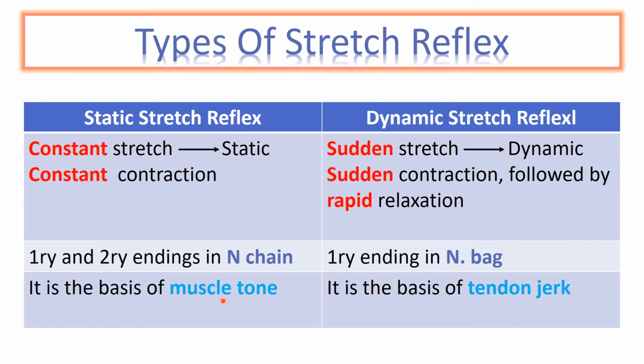Dynamic stretch reflex is when we suddenly stretch the muscle, there will be sudden contraction followed by rapid relaxation. Which one is responsible? The nuclear bag. Primary endings end in the nuclear bag because it is rapidly adapting. It discharges only when the stretch is occurring. But if we maintain the stretch, there will not be discharging anymore because they are rapidly adapting. So they are responsible for the dynamic stretch reflex, which is the basis of tendon jerk or deep reflex that I